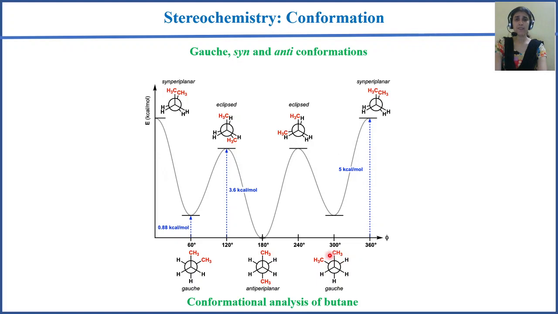Now, if we see carefully, if we place a mirror over here, this is the mirror image of this one. See, this is a mirror image of this one. Here the CH3 is reflected over here, this CH3 reflection over here, this hydrogen reflection over here, this hydrogen reflection over here, and these two are also the reflections of these two hydrogens. So they are mirror images of each other.